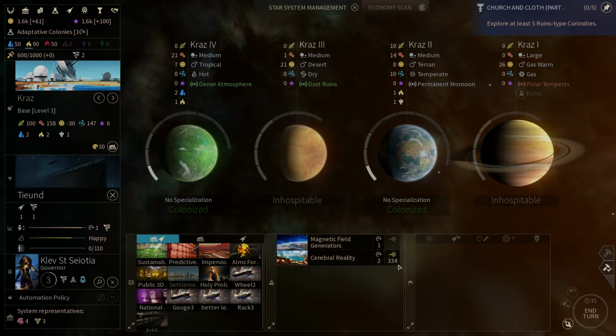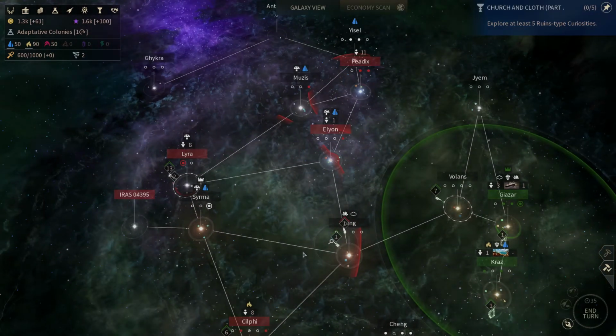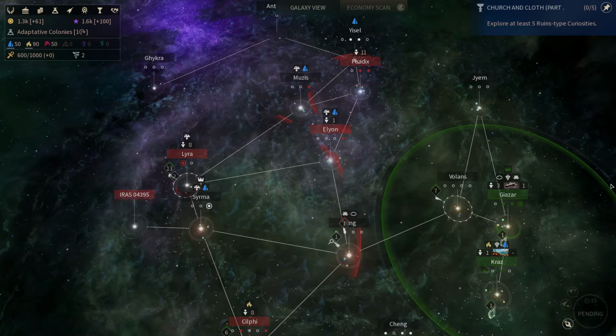You know what, I have extra dust to spare. Might as well get all of the science production improvements as quickly as humanly possible, because I do want to get my science booming as quickly as possible as well, so let's do just that. Alright, next turn, if my memory doesn't fail me, I should be ready to actually officially declare war on the